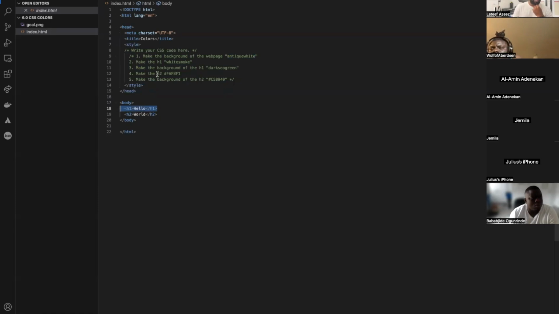Then you style the H2 using this hex code, right? Like I said, it's going to be the same thing. So instead of using a name